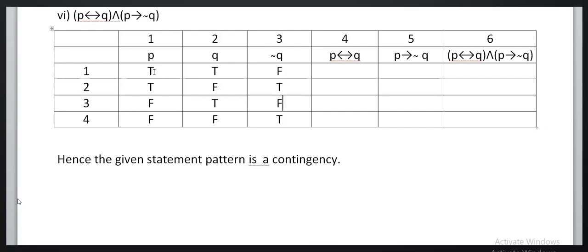P double implication Q: if both are the same, then it is true, otherwise false. TT is T, TF is F, FT is F, and both F is again T. Now P implies negation of Q. T implies F is F, T implies T is